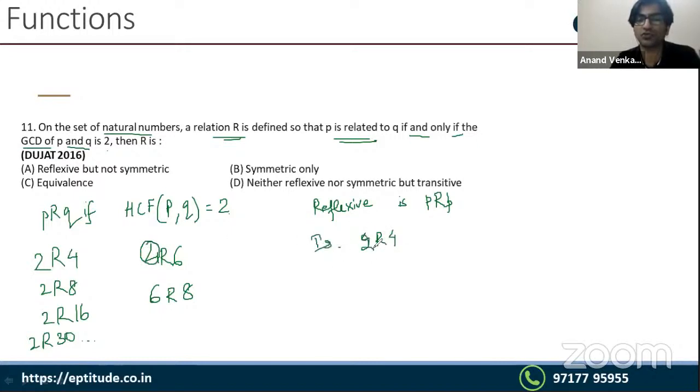अगर मैं क्वेश्चन पूछूं इज 2 रिलेटेड टू 2, तो आप बोलोगे इनका एचसीएफ चेक करते हैं, इनका एचसीएफ 2 आ रहा है, तो आंसर आएगा यस। बट अगर मैं कहूं इज 4 रिलेटेड टू 4, तो आप चेक करोगे 4 और 4 का एचसीएफ क्या है? 4 है, आंसर इज नो। तो मतलब कुछ ऐसे इनपुट्स होंगे जहां पे a कमा a वाला पेयर एग्जिस्ट नहीं करेगा, सो व्हिच मींस दैट दिस रिलेशनशिप इज नॉट अ रिफ्लेक्सिव